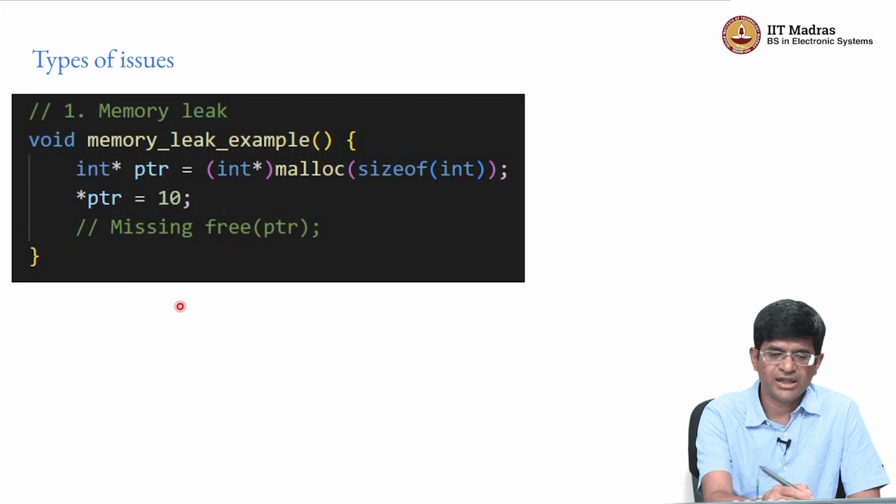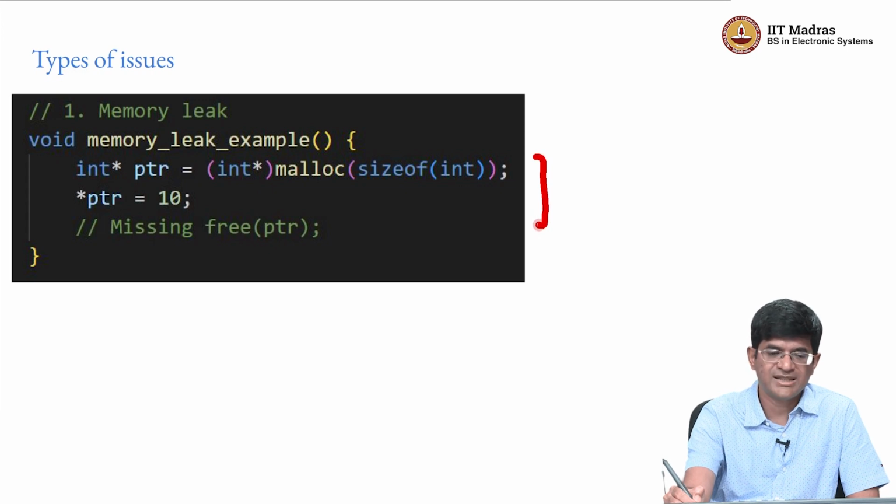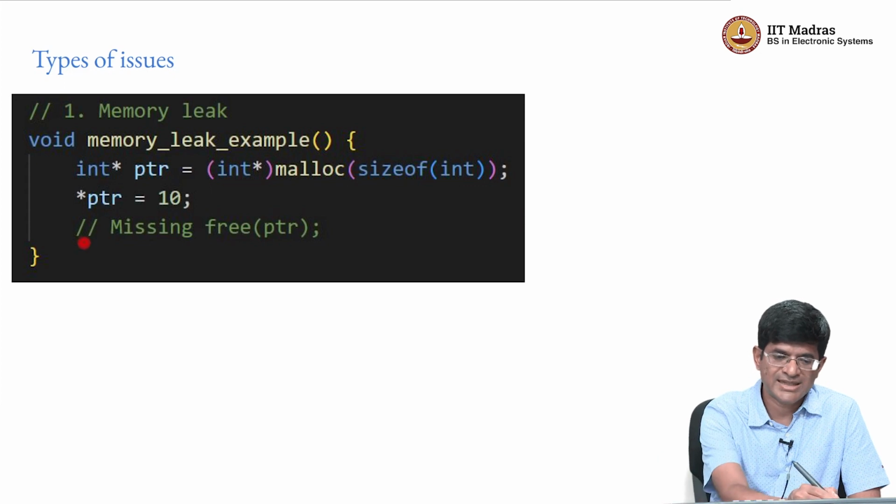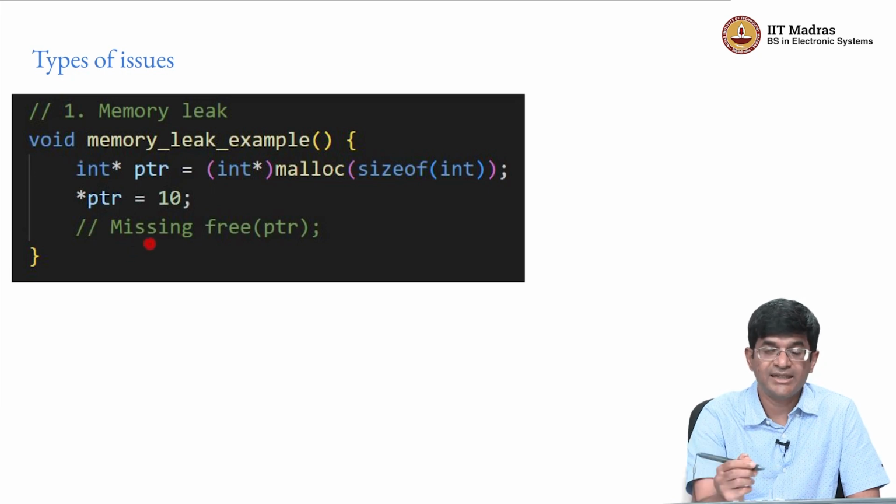Practically that's a little difficult to understand because of the way that this code is written, because I have declared int star ptr only here, which means that ptr is not even visible outside of this function. But if, for example, I was to return ptr, let's say that this was of type int star and I returned ptr, then it suddenly becomes valid to actually have this code. I won't have the free ptr out here, and I must actually take care of freeing it somewhere else